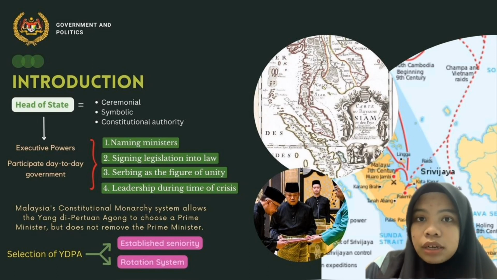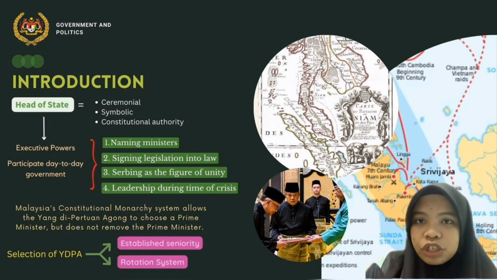The Yang di-Pertuan Agong, or head of state in Malaysia, is one of the few forms of monarchy with an elected king. The concept of an elected king is based on the country kingdoms of Sriwijaya and Ayutthaya. Malaysia's constitutional monarchy system allows the Yang di-Pertuan Agong to choose a prime minister but does not remove the prime minister. The selection of the Yang di-Pertuan Agong is based on